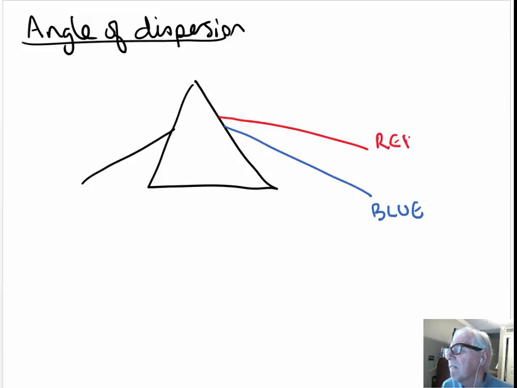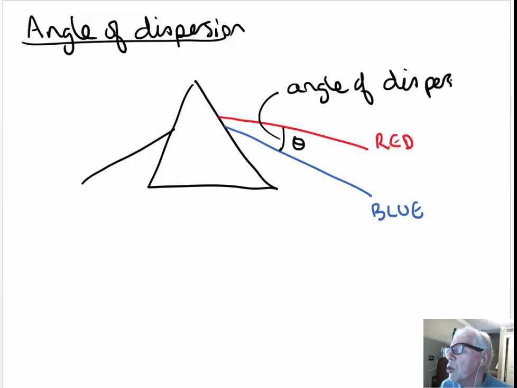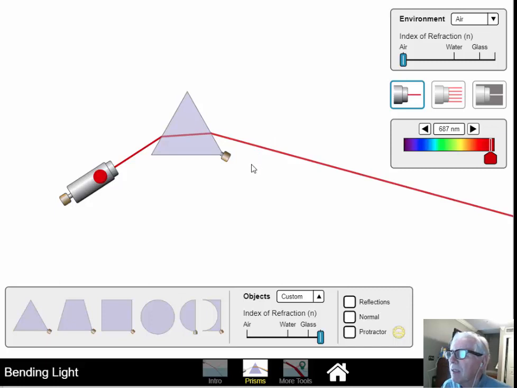And then red. And this angle in between is the angle of dispersion. And if we look back at our computer program, can I measure that? Not so easily,